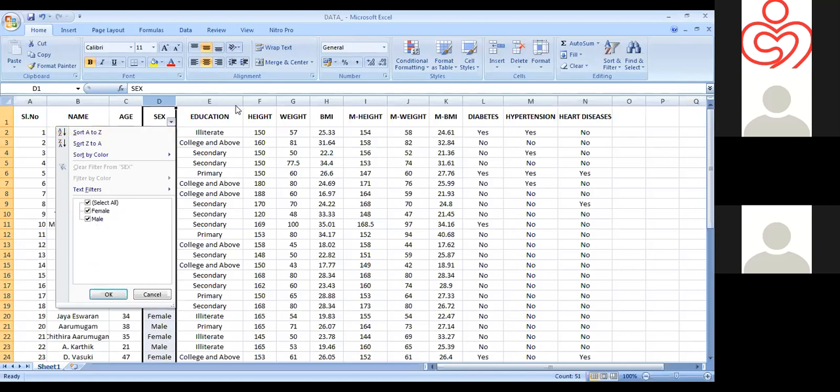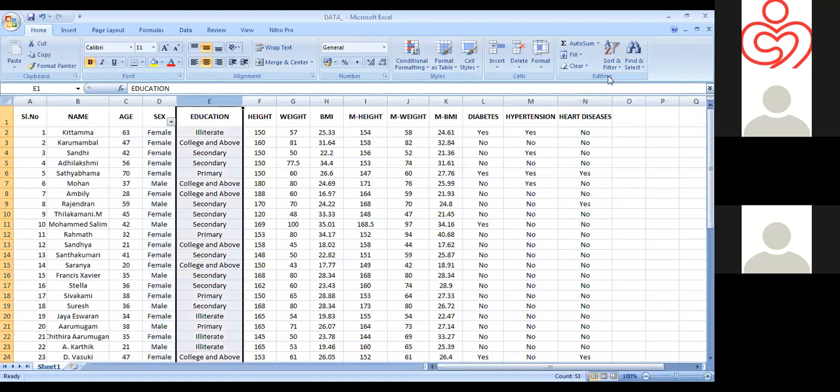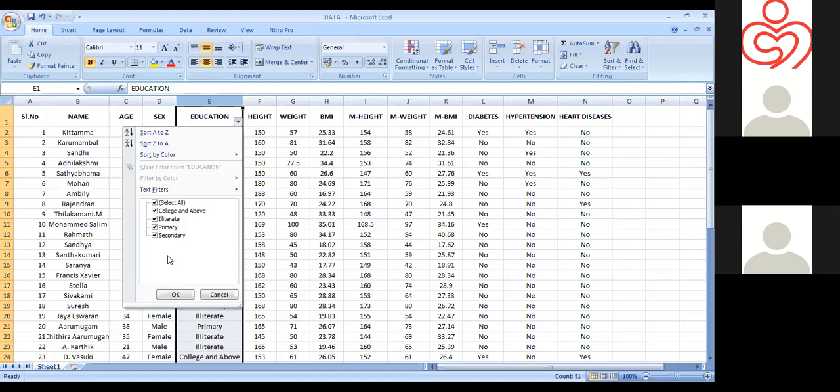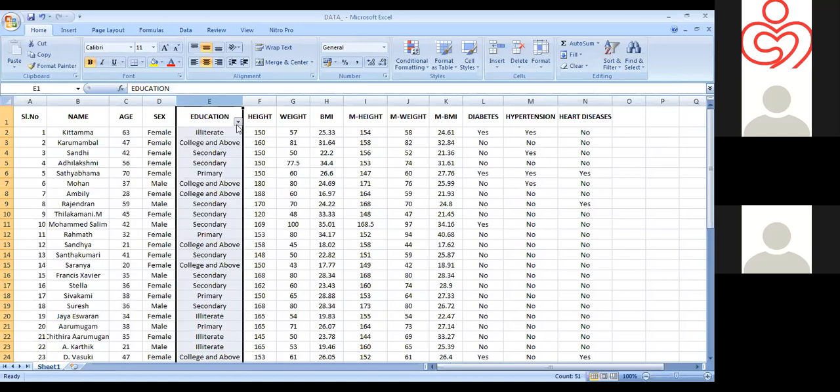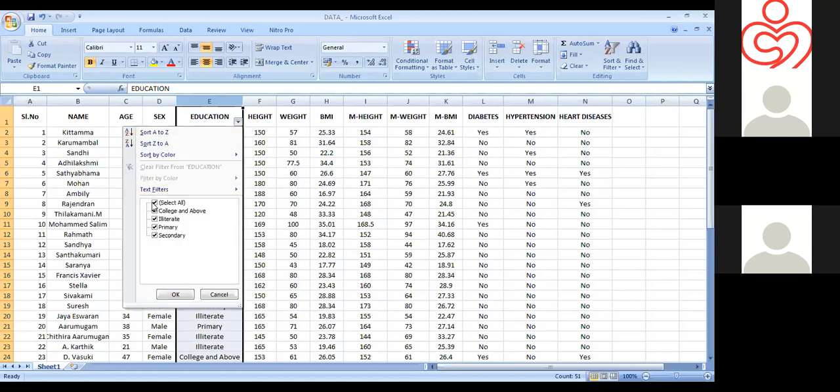Here also unique coding was done. So we can use this sort and filter to see what all categories are there in each column. For that purpose also we can do this filtering, just for an awareness of the categories of our data.